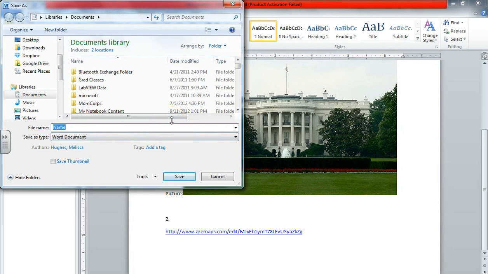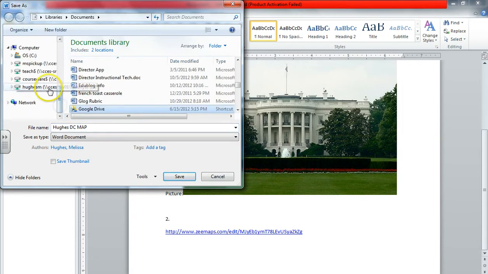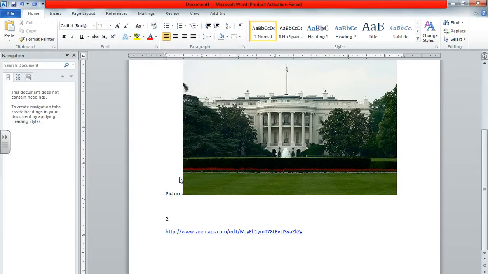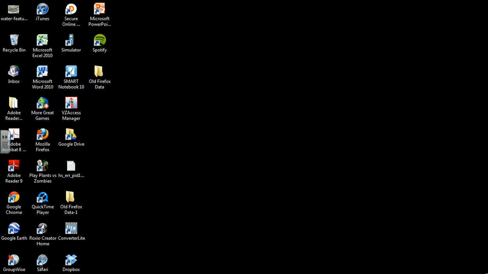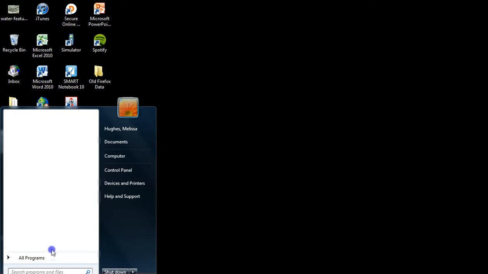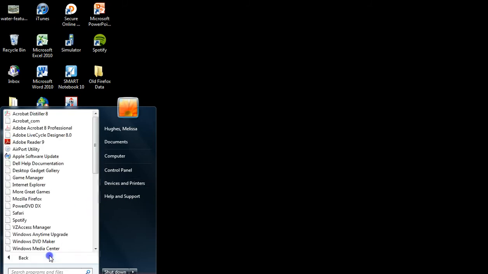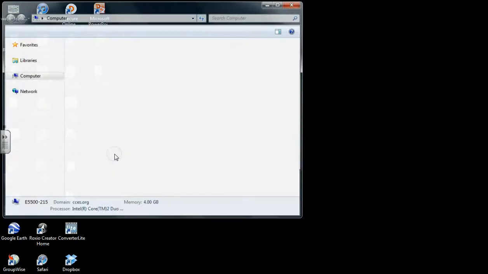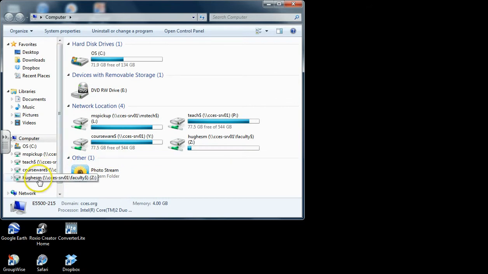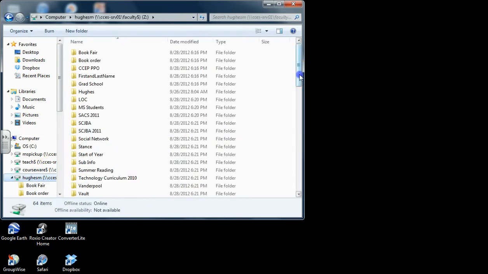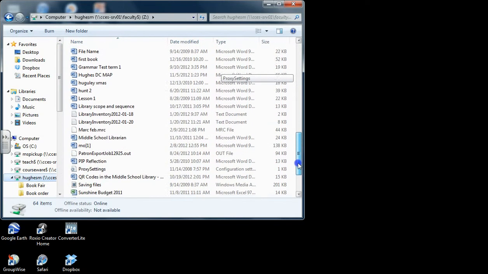Save it as your last name, DC Map. Click Save. And you're going to put it on your Z drive. And now you want to copy it to Mrs. Hendrickson's folder on the MS Pickup. So you go to your Z drive, scroll down to find